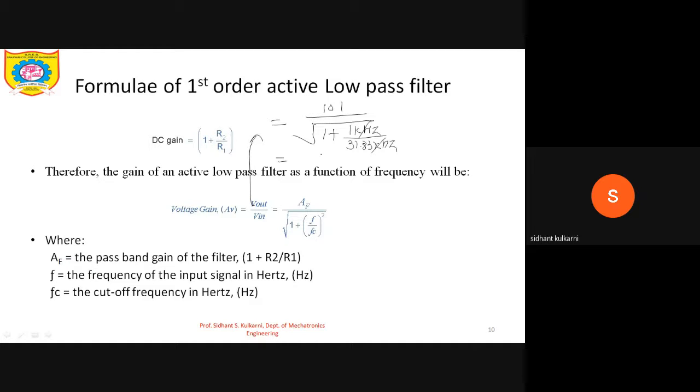Answer plus 1. Square root of that is close to 1.01. You must have got 1.015 as your denominator. Check. 1.015. So 101 divided by the answer, 99.44. Correct. Who has given the answer? Who gave the answer? 99.44. Sujit sir. Okay. So AV is equal to 99.44. Very good. So 99.44 is our gain.